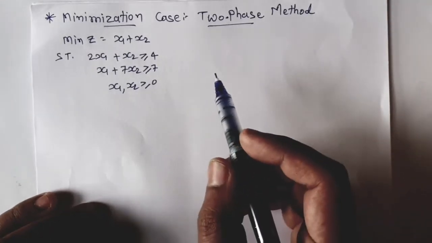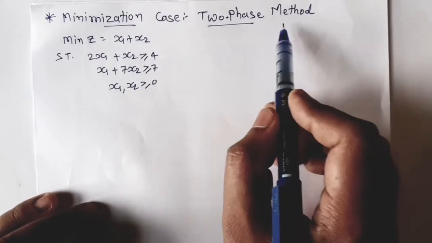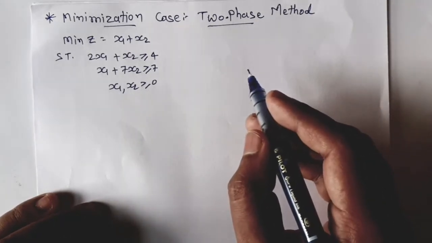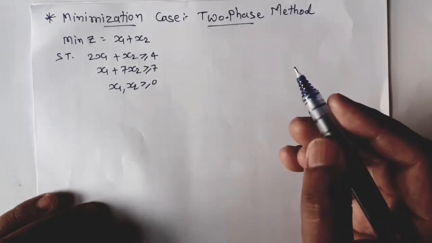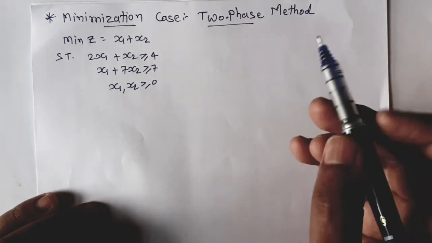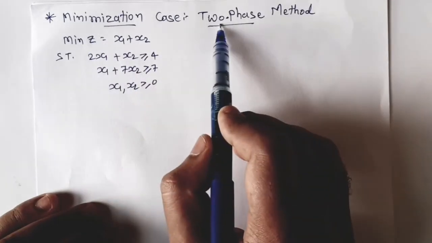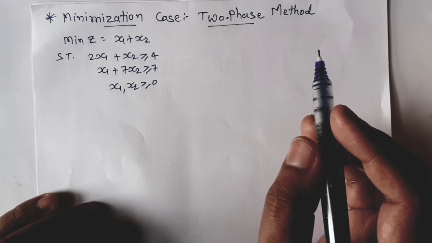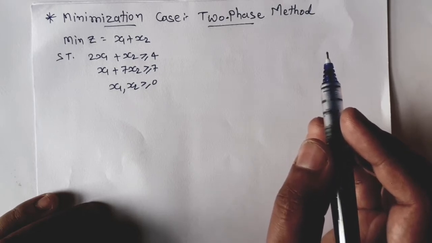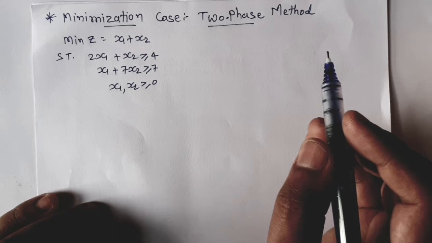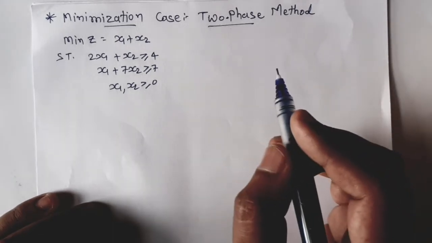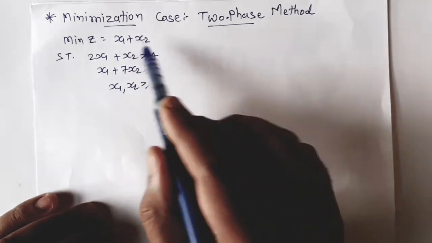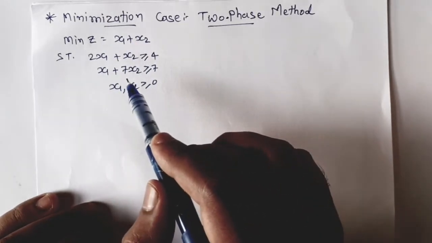The method itself indicates it has two different phases, in which phase 1 is an auxiliary phase and phase 2 is the real phase. So let's see how to solve a minimization problem with the help of the two-phase method. We have already seen a 5-stage method to solve any LPP with the tabular method, in which the very first stage is formulation, which is already done here. So we get the numerical in the form of equations, and the first stage is already completed.